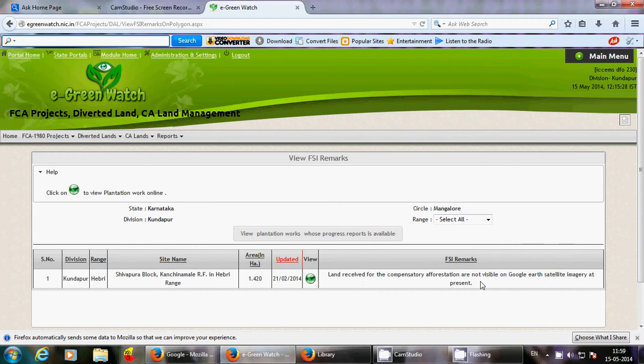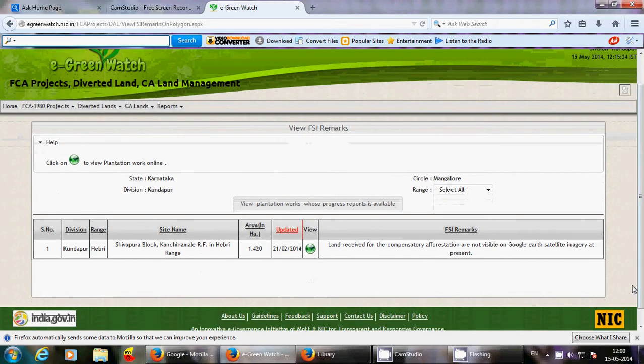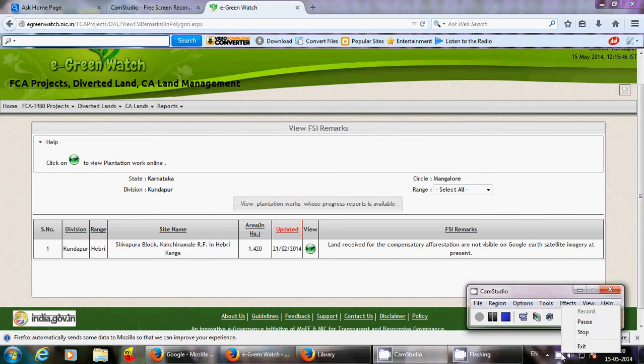This is their remark. We'll have to check it and find out whether it is correct or not. If it is not correct, we'll have to update it. The other thing, the compensatory afforestation land details, we'll be discussing in another session. Now we'll stop.